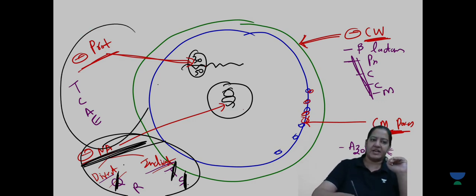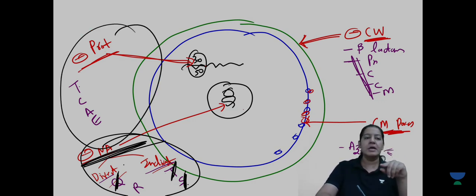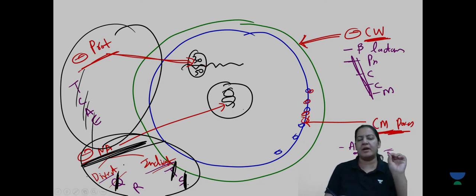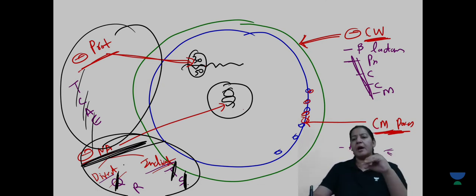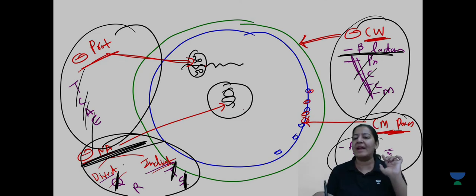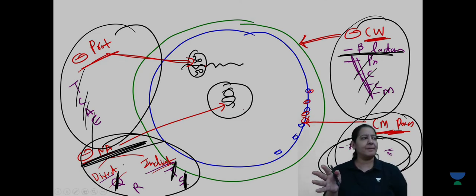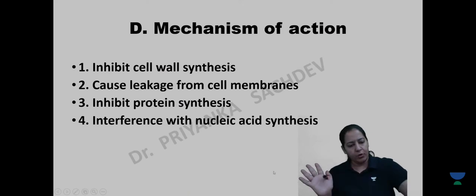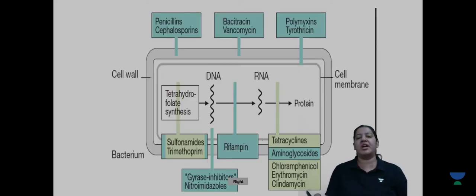After that, I will come to the category of drugs which inhibit protein synthesis. I will teach you these four in a comparative manner, the most important chapter. Then I will come to cell wall synthesis inhibitors, that is beta lactams. I will teach you four chapters here. And in the end, I will teach you the drugs that make pores in the cell membrane, that is, antifungal drugs. So in this sequence, I will move further. You got my point? So that is the classification.